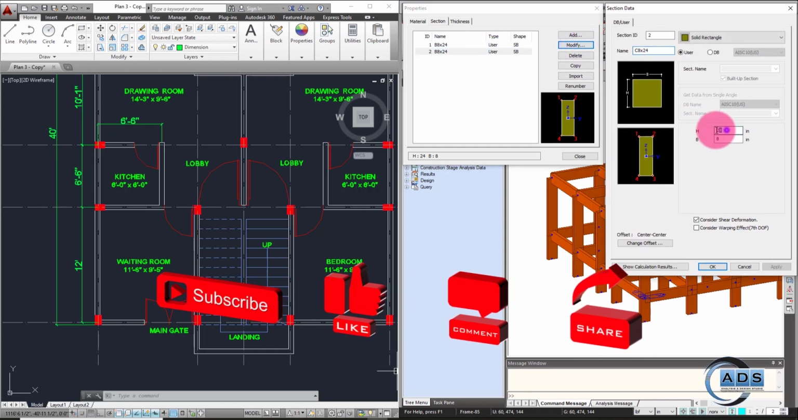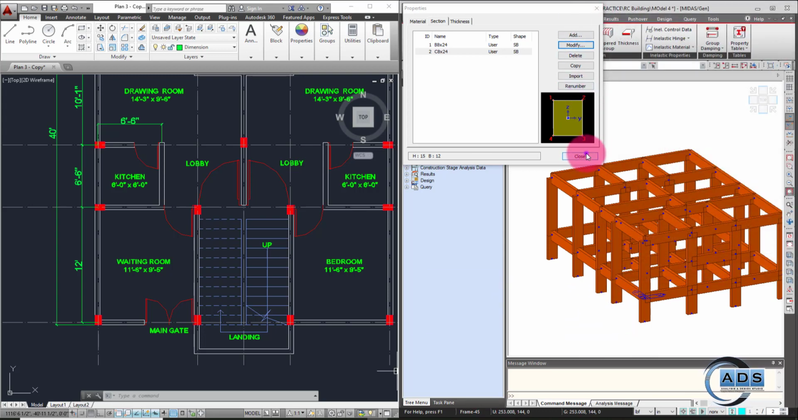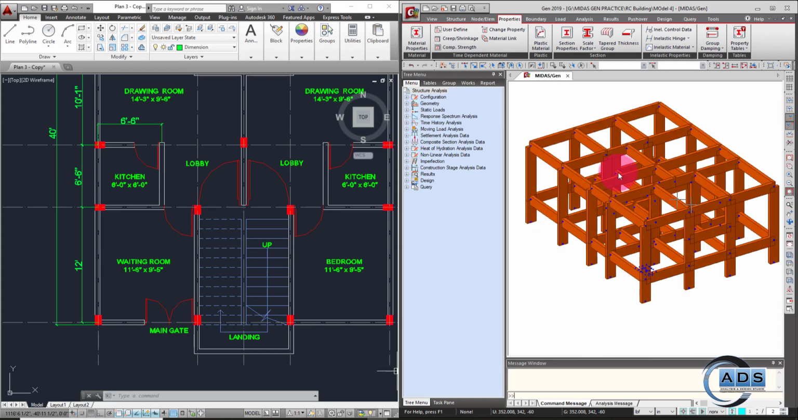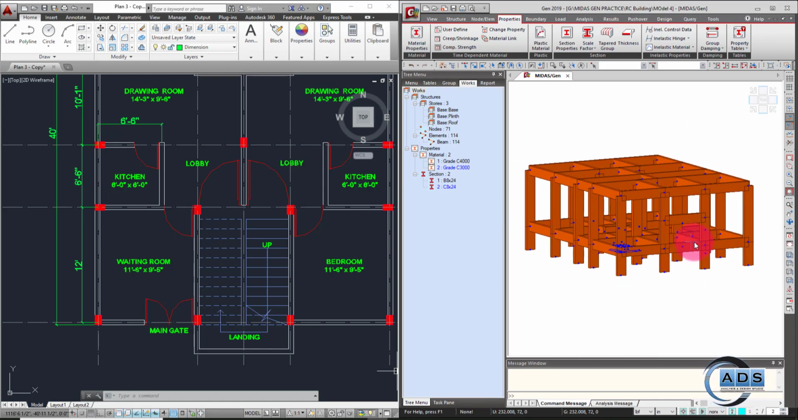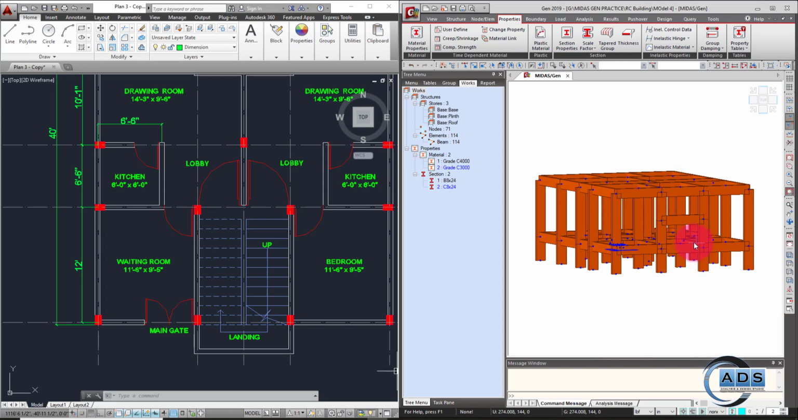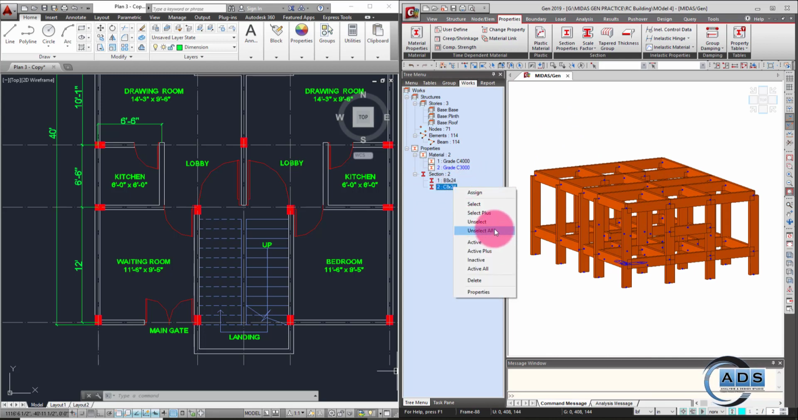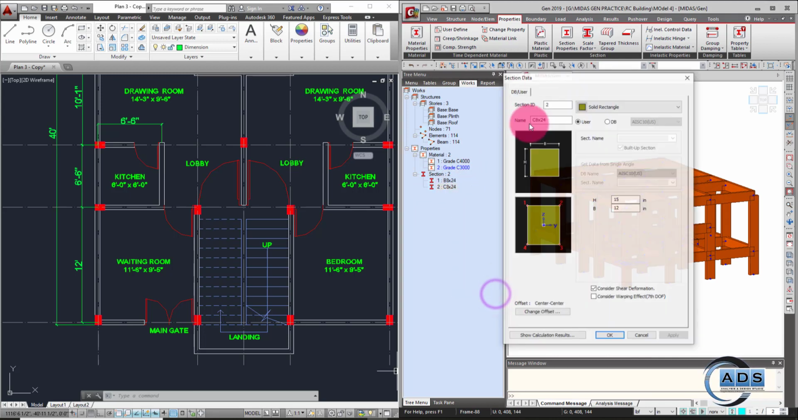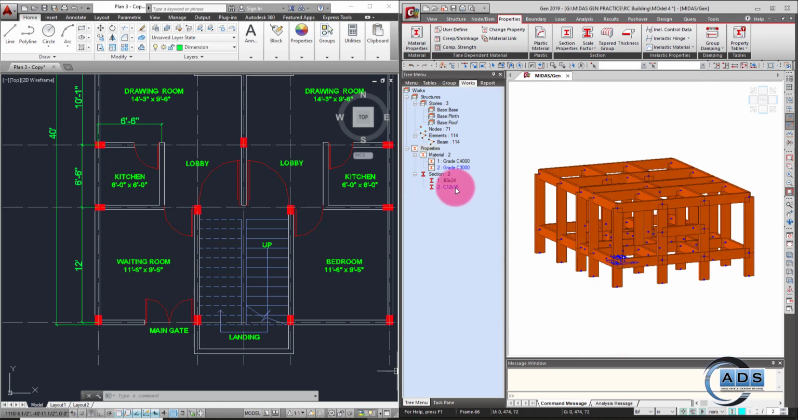Name it as column. All the columns are of 12 inches by 15 inches. Okay, and close. Now going to works tab. Now we want all the columns to be of 12 by 15. A mistake, I have not modified the name. Go to the property and 12 by 15. Okay, now we want all the columns of 12 by 15, so just go to the selection filter,